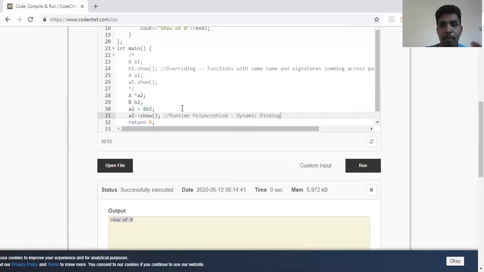a child class by making the object of the child class referenced by the pointer of the parent class. You can see here there is a pointer to a parent class object and there is a child class reference. B2 is actually a child class.